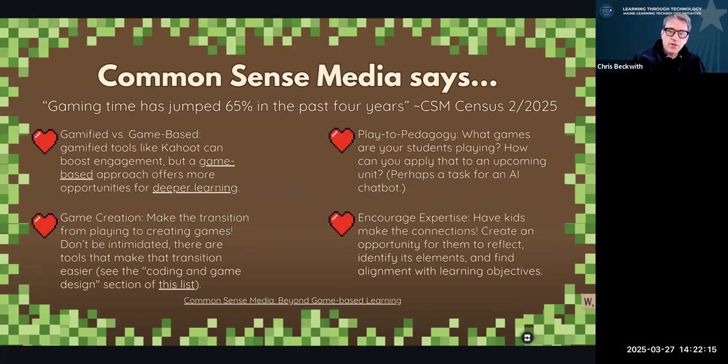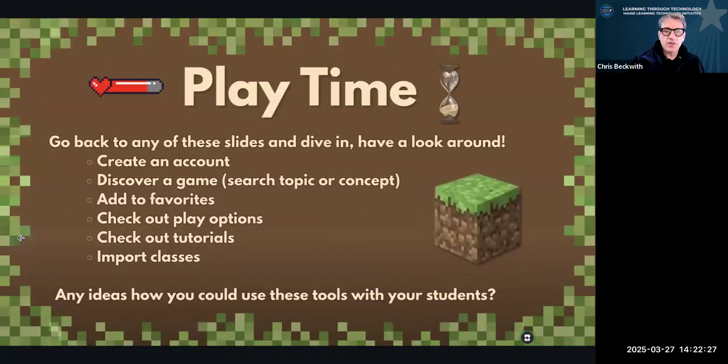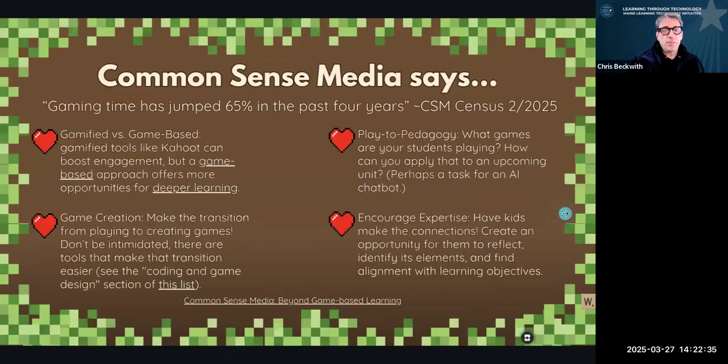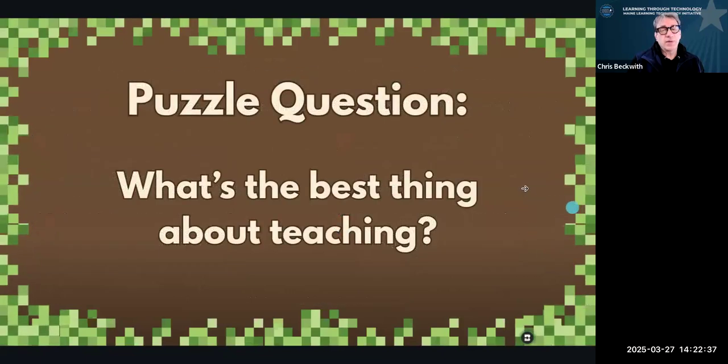Here in the lower right-hand corner, we can see a W. We will leave it to you to work your way backwards through our presentation and find all of the Scrabble letters and see if you can arrive at the answer to our puzzle: what is the best thing about teaching?